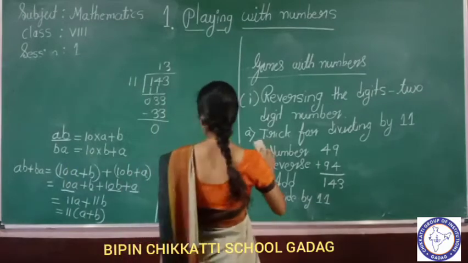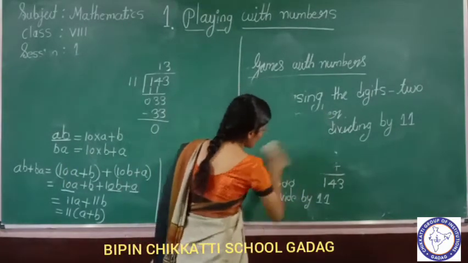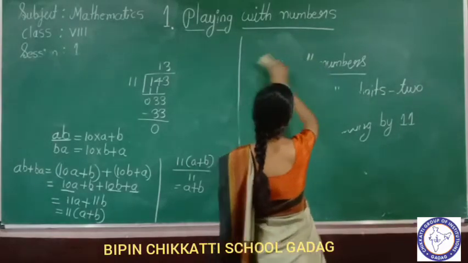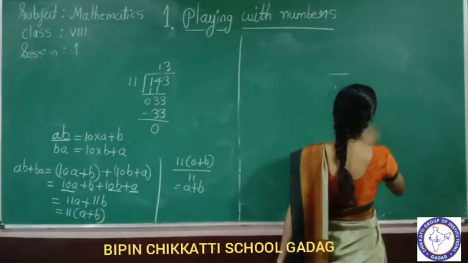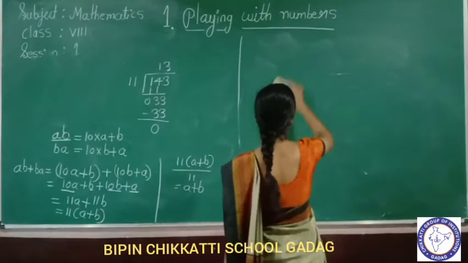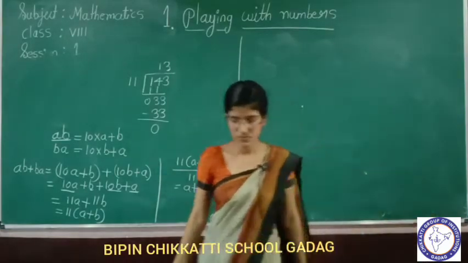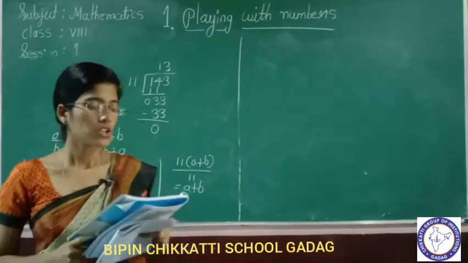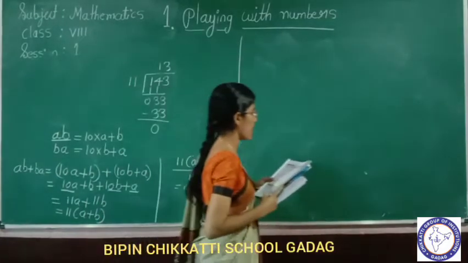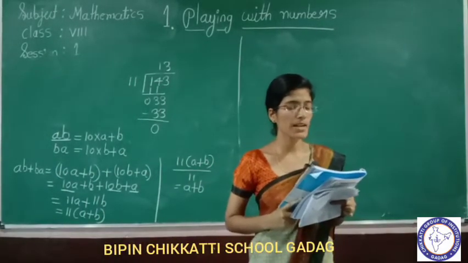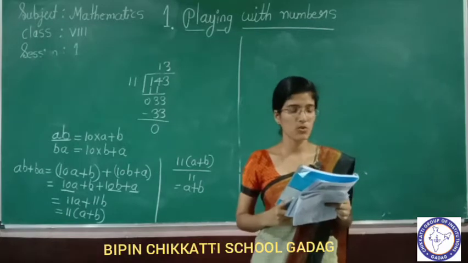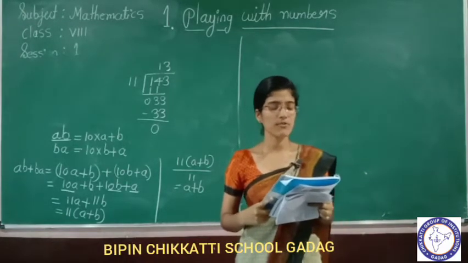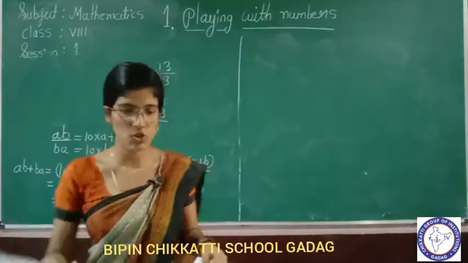Next, students, in your textbook try these. They have given the questions. I will solve one, the others you have to do as homework. Now see here, they have given try these. Check what the result would have been if Sundaram had chosen the number shown below. The questions given here are 27, 39, 64, 17. First one I will solve here.